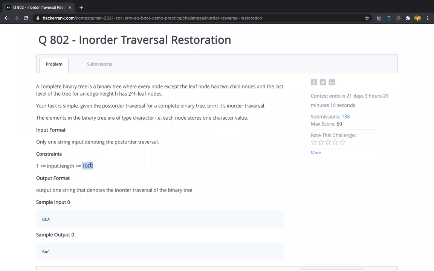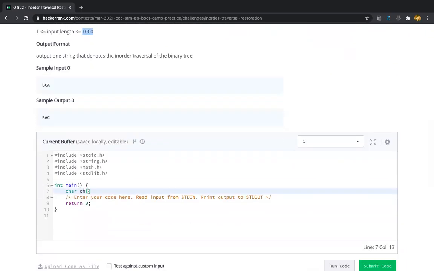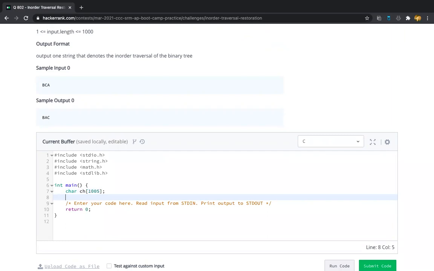Here the input constant is 1000, so we'll take 5 characters more than that for the safe side. After that we should input the string.